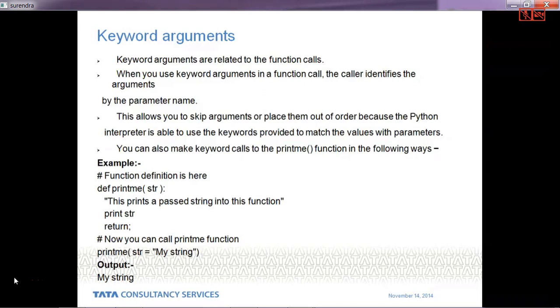Now if you try to see this particular printb string, here I am passing a string to the function. I can explicitly write str equal to followed by my string, but even if I do not write it, it is going to get executed, because I am just passing the arguments in a proper way. Proper means, for example, here there are two parameters. Let us assume